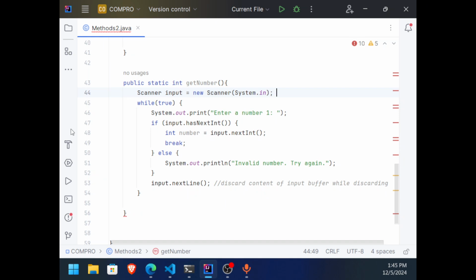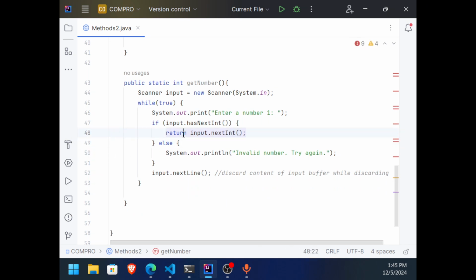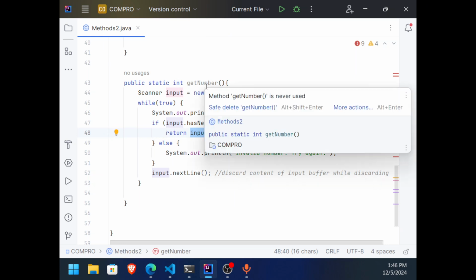Now the next thing that I'm going to do is I should return this number. So what I can do, I can just return it directly, and I no longer need this break statement there, because a return statement can also act as a terminator of the while. Okay? Not only that a return terminates a method, a return statement has a number of functions, or roles. A return statement indicates the value that has to be returned. It also ends a method if it's encountered